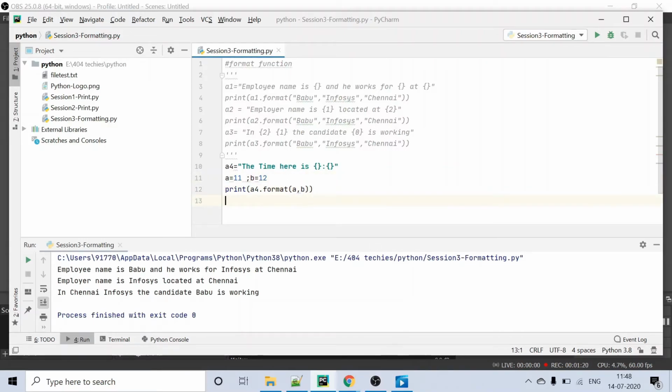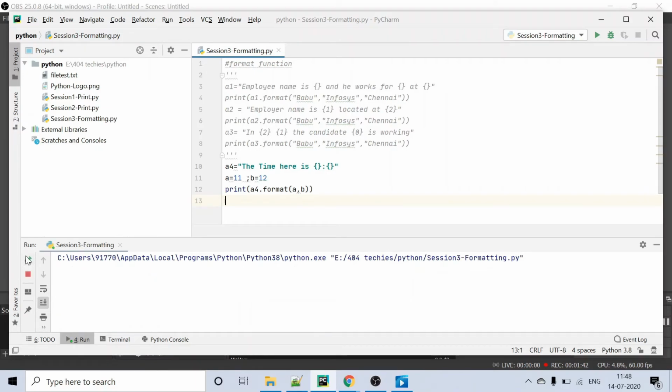What I've done is I have one more string, the time here is, and I'm passing the integer value. Previously we saw about passing the string value, now we are passing integer value. So the time here is 11 hour 12 minutes. This is how I'm trying to pass the data. Let's see. So the time here is 11 12.